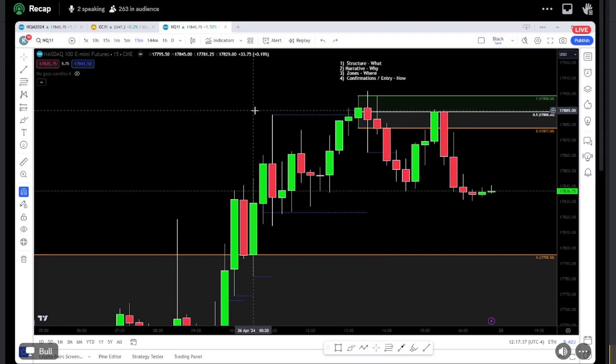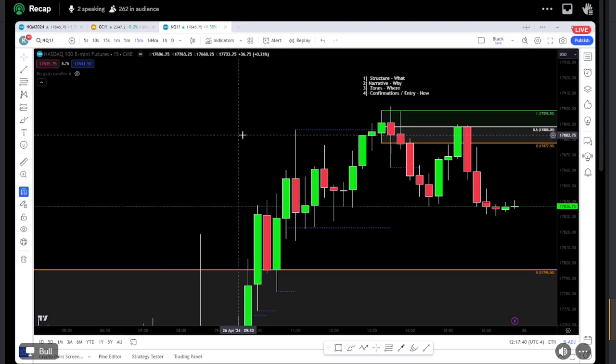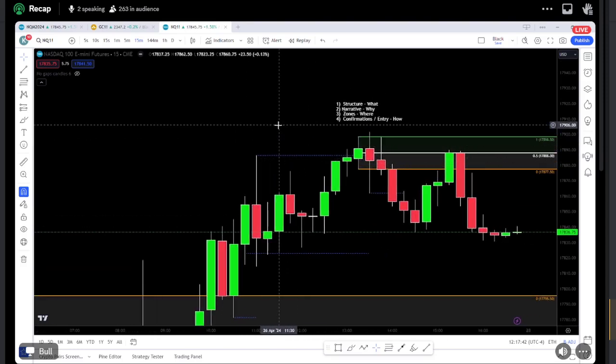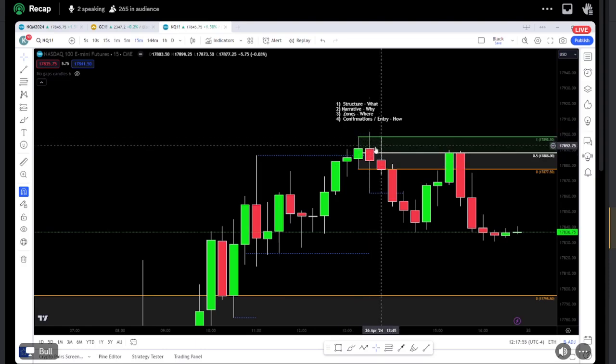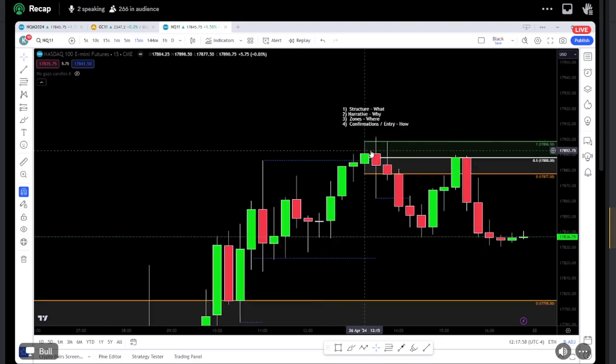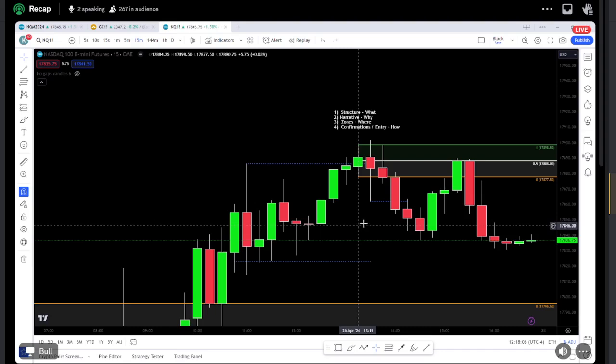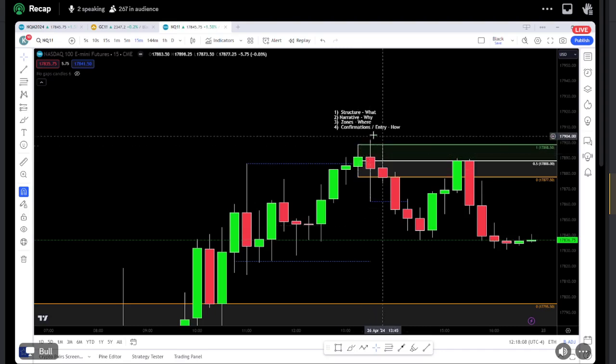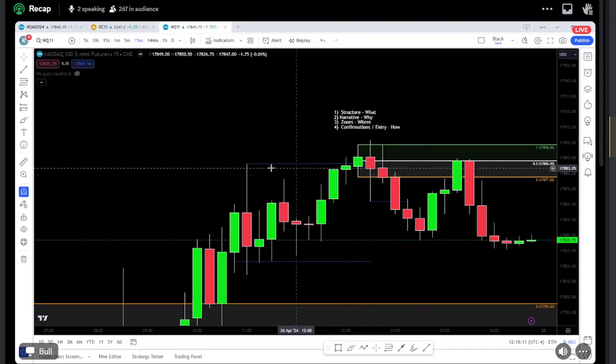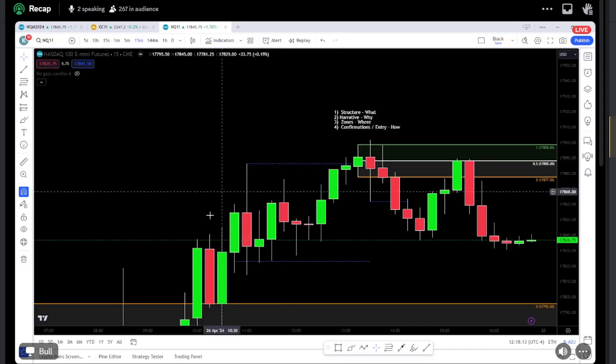Okay, so our narrative tells us that we're trading based off of if-then scenarios. And you're always thinking in your mind, because it goes back to what we're talking about with pattern recognition. We don't want to just trade patterns. We want to have the narrative. So if we're looking for a short up in here, we're not just looking at a flip, even at a zone, and just taking it willy-nilly. And then as soon as we're up 20 points, now we're starting to look at whereabouts it should go. No. If we're even considering a short in here, we have an idea that it's going to trade back into where? The previous range.